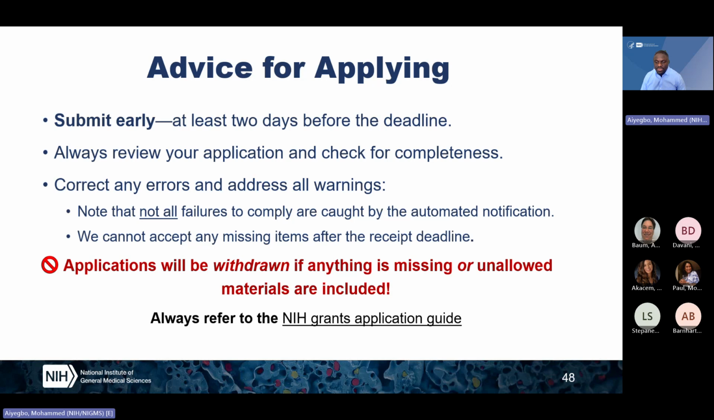NIH cannot accept missing items after the receipt deadline. Applications can be withdrawn if anything required is missing or if unallowed materials are included. So please use the NOFO and the NIH grants application guide as your primary references while preparing your submission. We will now move on to a few writing and preparation tips that can help reviewers evaluate